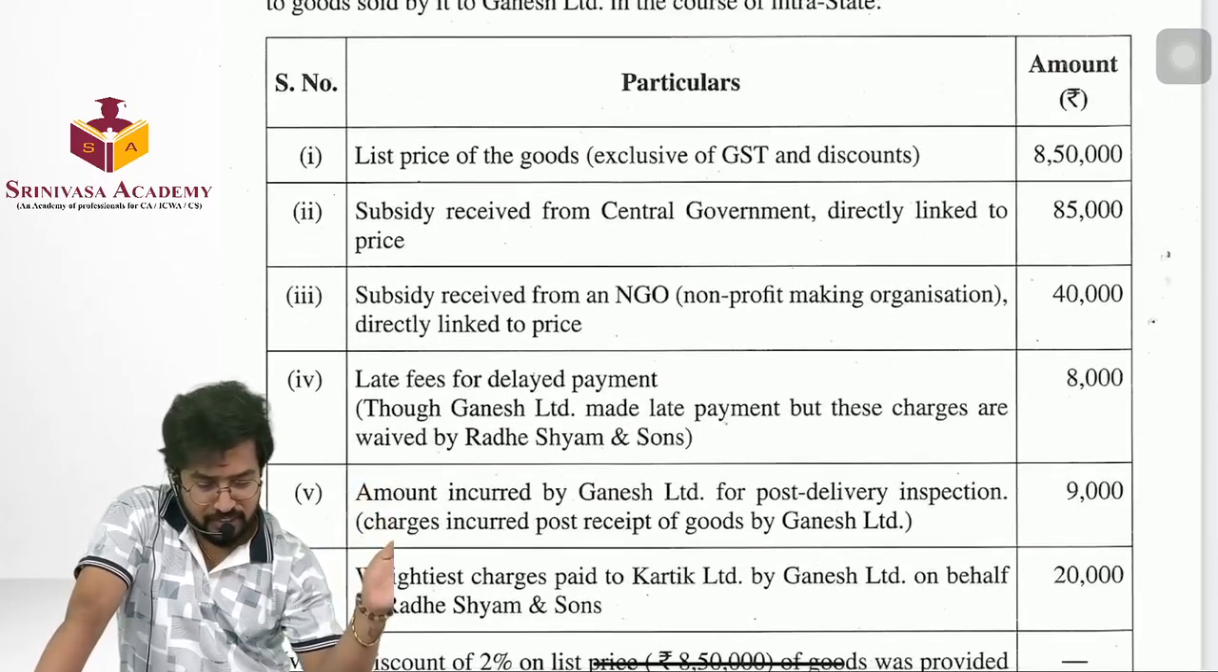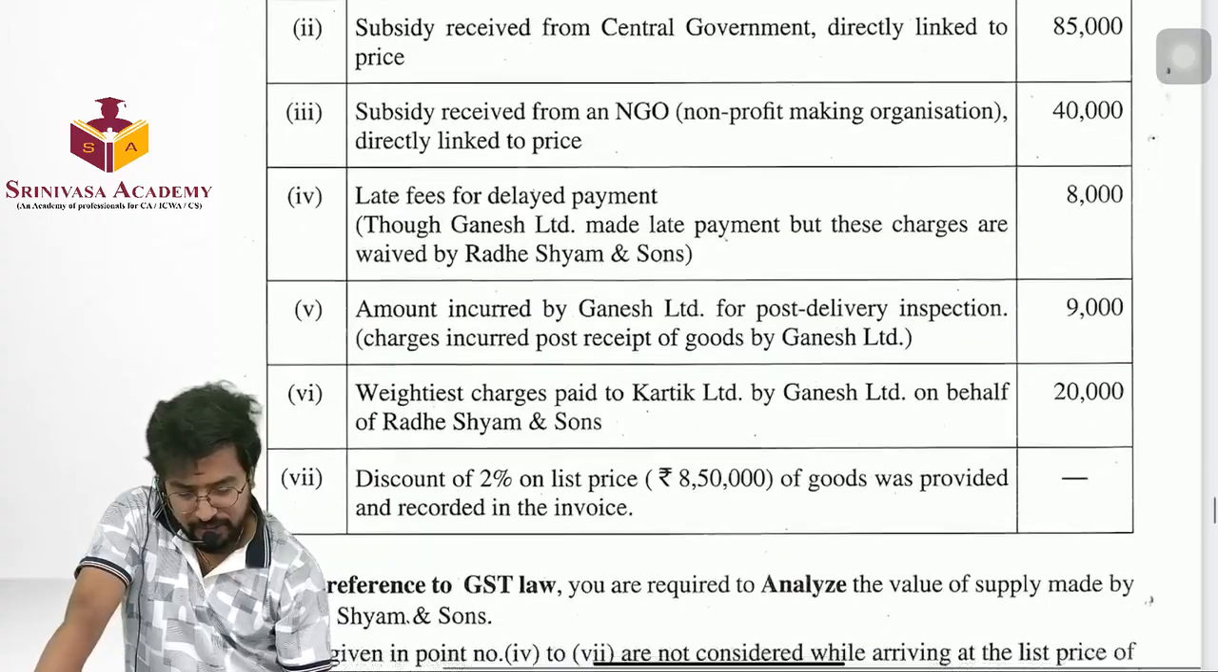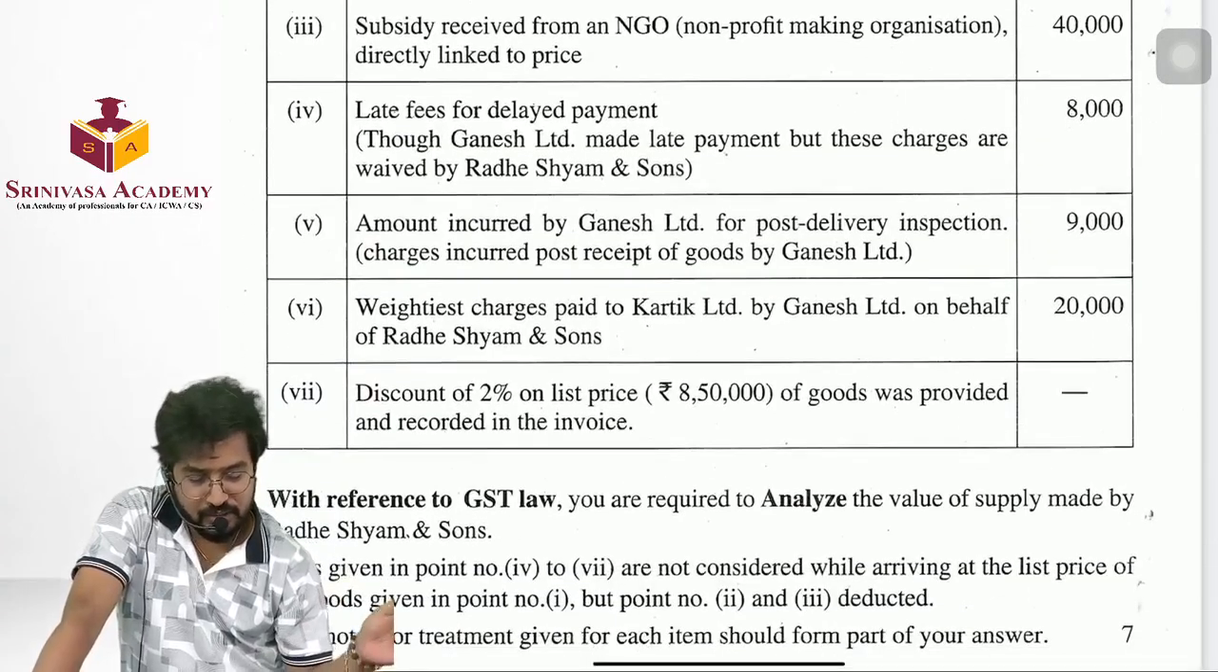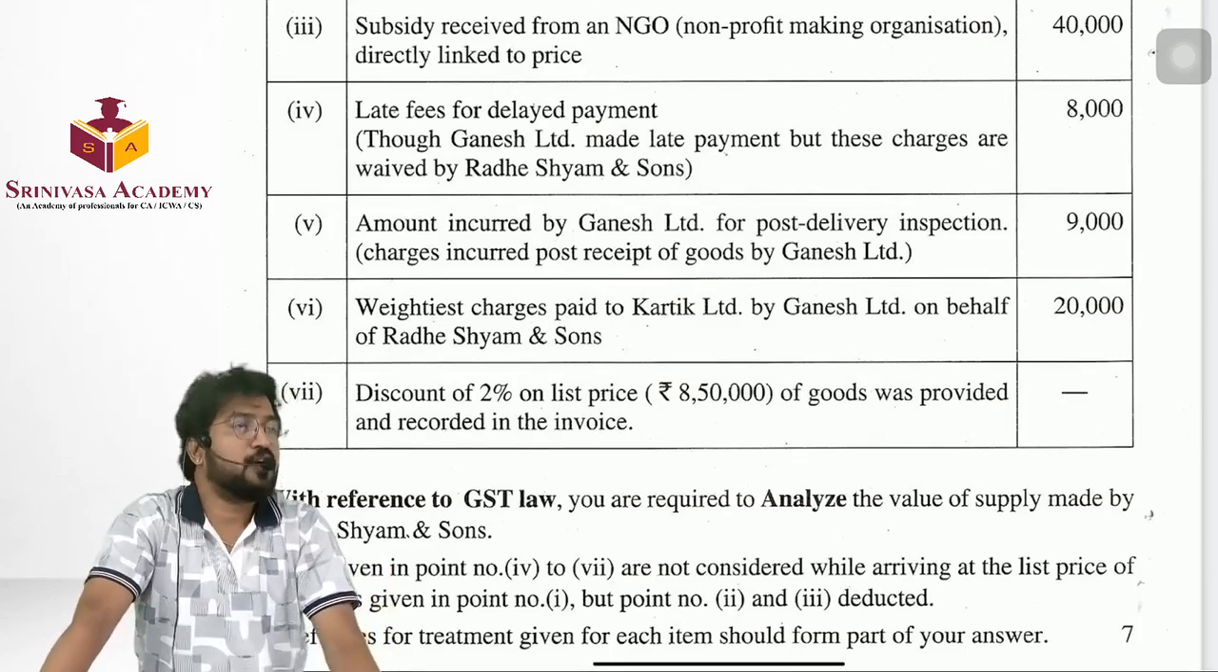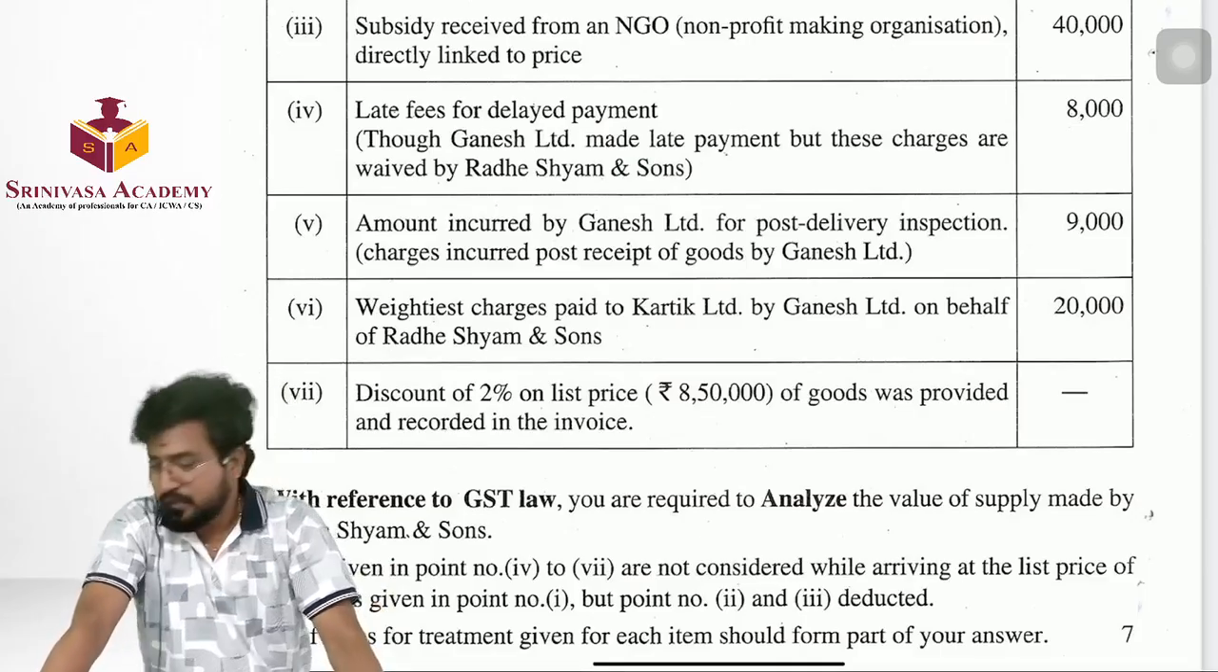8,50,000 plus 40, 8,90,000. 8,90,000 plus 20,000, 9,10,000. 9,10,000 minus 2% of how much? 899,